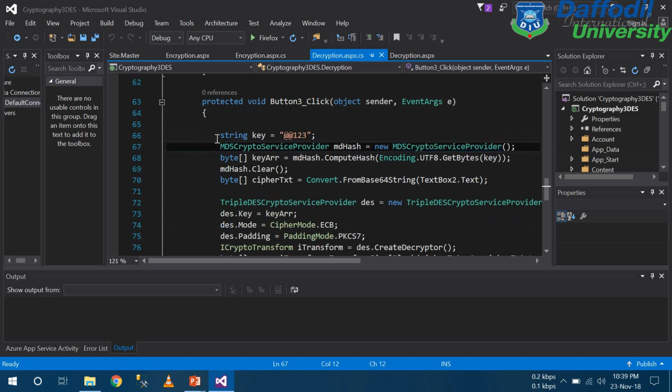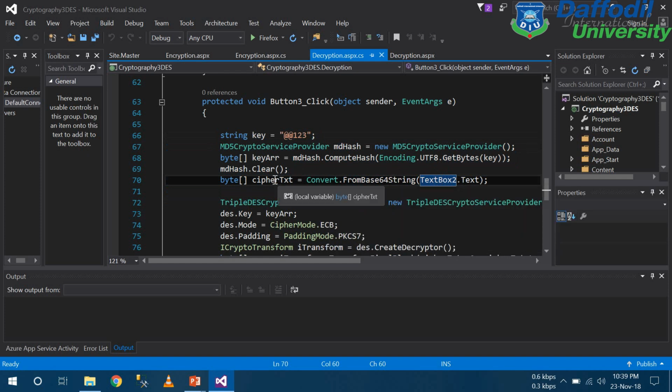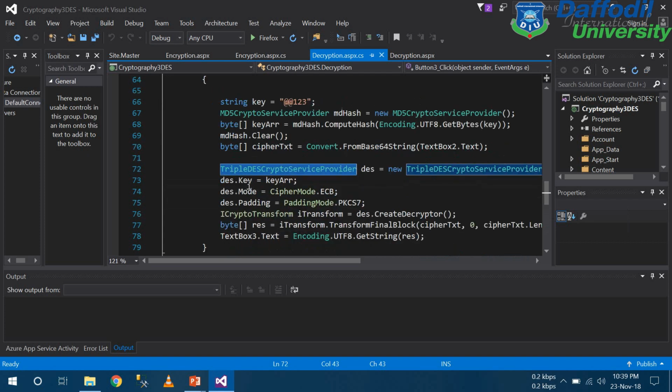Then the process is the same, but here we convert the input into a base 64 string, then save it into a ciphertext byte array. The TripleDESCryptoServiceProvider class provides the functionality of the Triple DES algorithm. This is a built-in class. Here we use the same three properties: key, mode, and padding, and ICryptoTransform is the same, but here I use